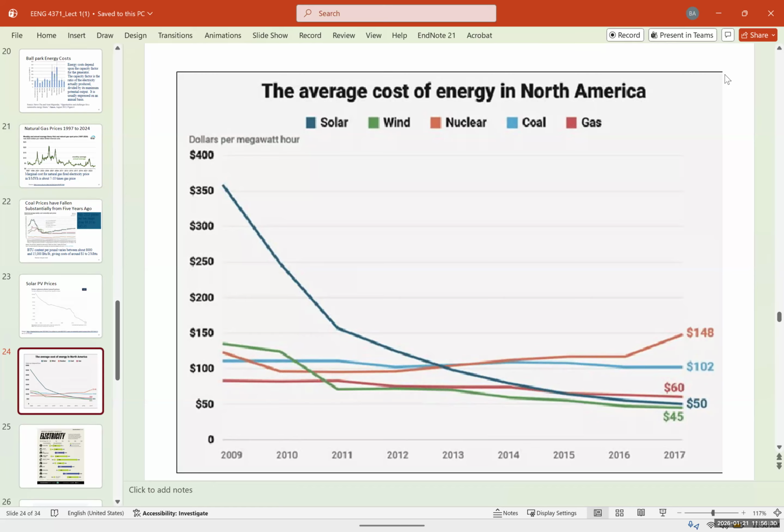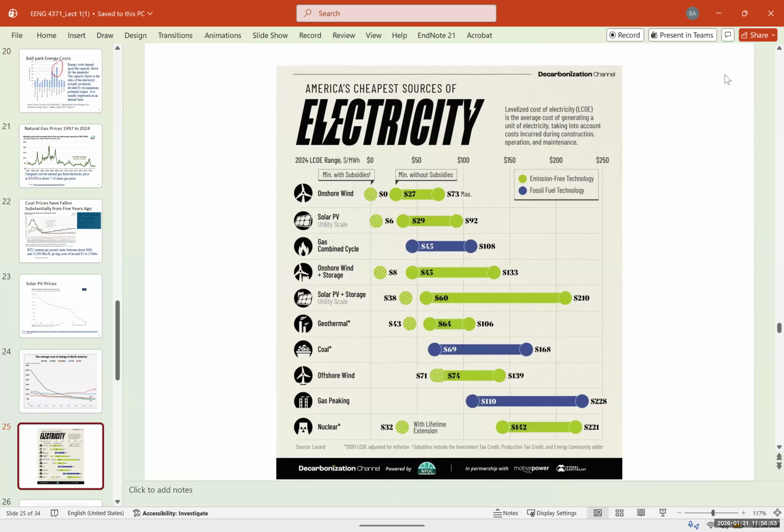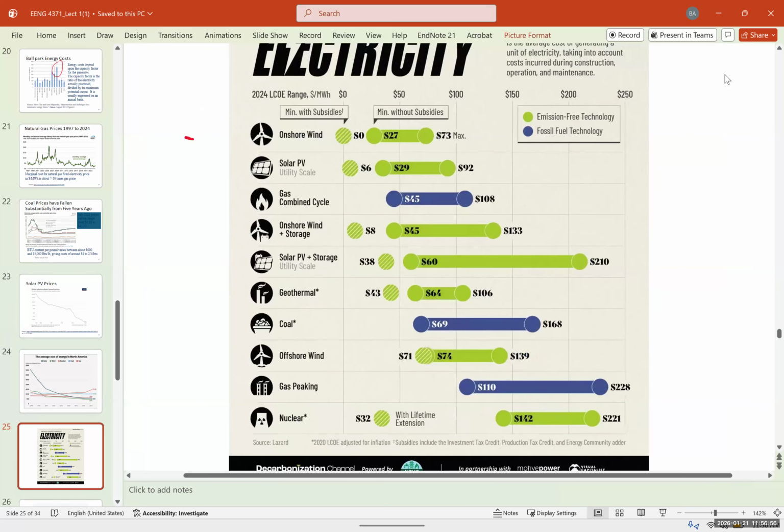You can see that solar and wind have dropped significantly, and nuclear, coal, and gas have all stayed steady or even increased a little bit. So we saw that in 2012, these two had some of the highest energy costs per unit. And now this is from 2024. What has the lowest? Solar and wind. So the page has flipped in a decade. Now solar and wind have become the cheapest forms of energy on their own.